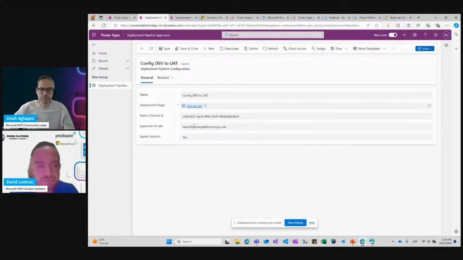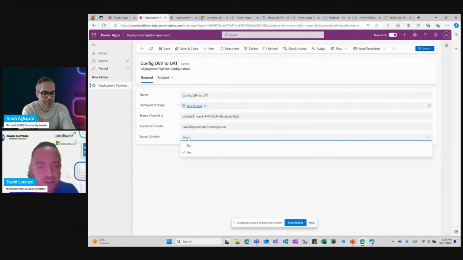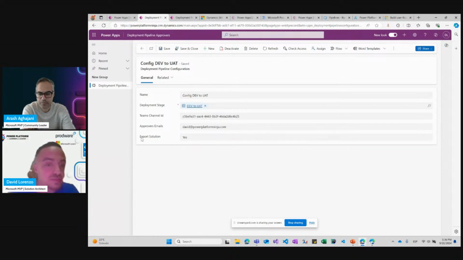We also have a flag where we indicate whether the solution must be exported to Azure DevOps or not. Because, for example, in a multi-stage pipeline, if we have development, UAT, and production, maybe we are only interested in exporting the solution in the first stage.